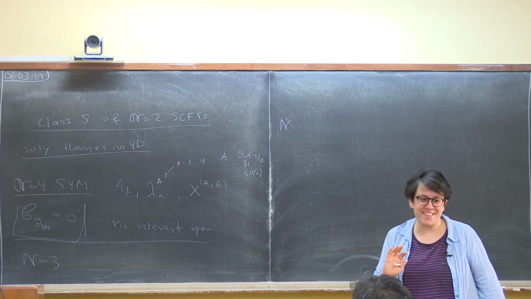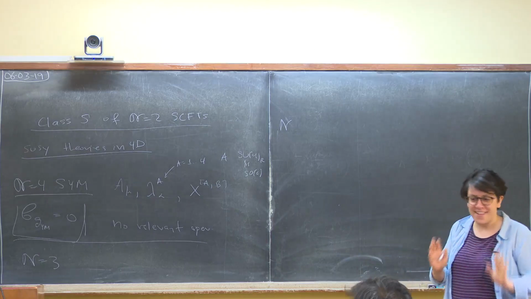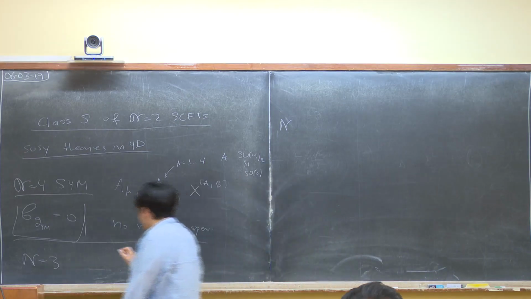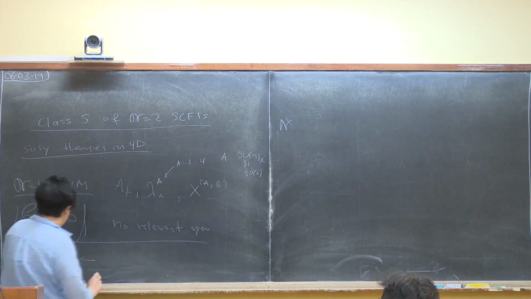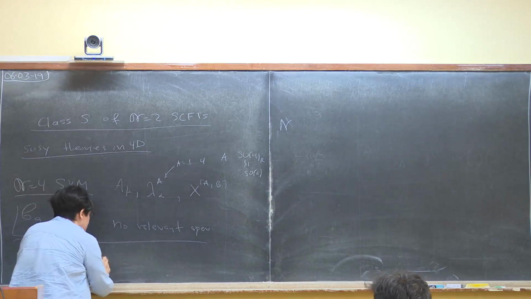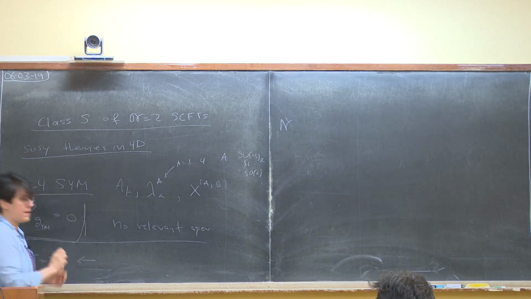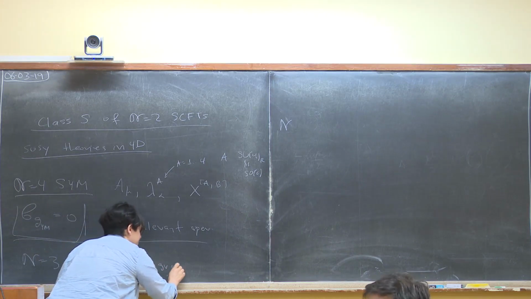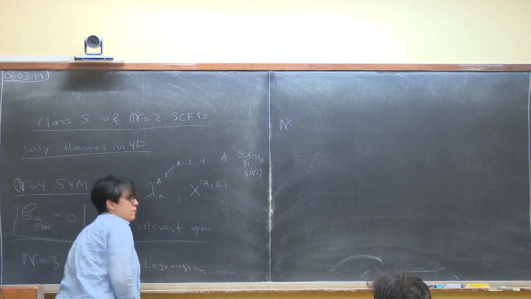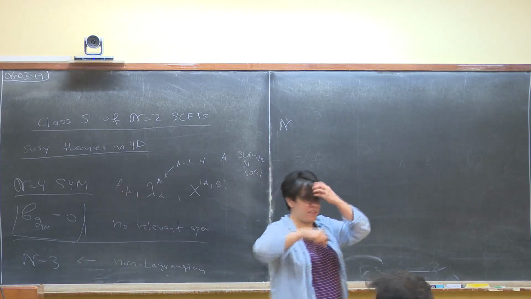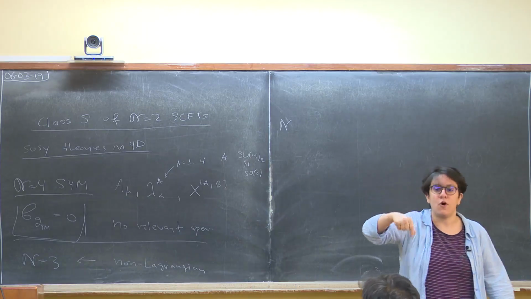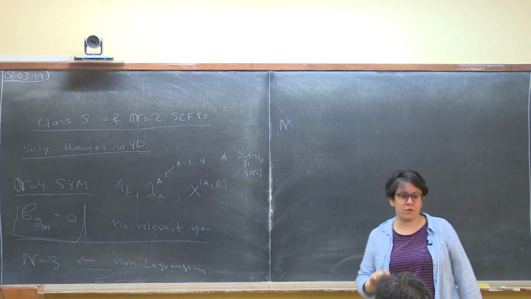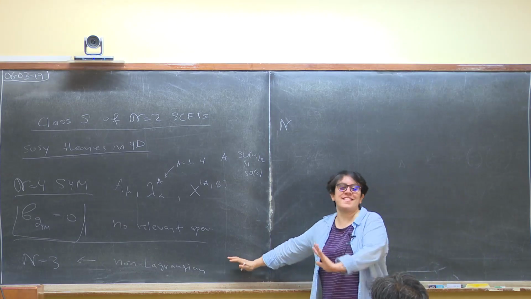But you should never say these things in physics, because then you end up being wrong. So Iñaki, a couple of years ago, found that it's possible to construct non-Lagrangian N=3 theories, and this, of course, evades this idea that you need to have only the massless vector multiplet. So let me just say that there is this thing,